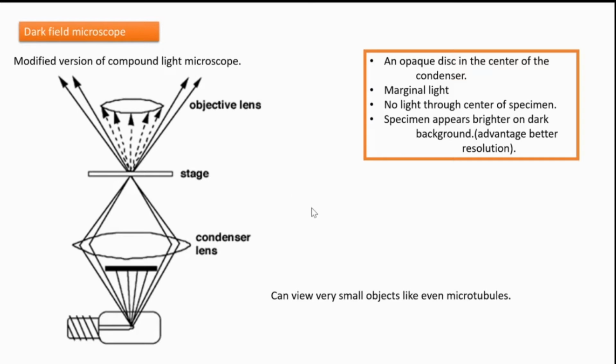So next is a video clip. In that we can see what's the difference between the final image in a bright field microscope and that in a dark field microscope. After seeing that, the concept, the idea of how the image is forming, how we can visualize the image formed in the dark field, will be clear. So we can go and see that.